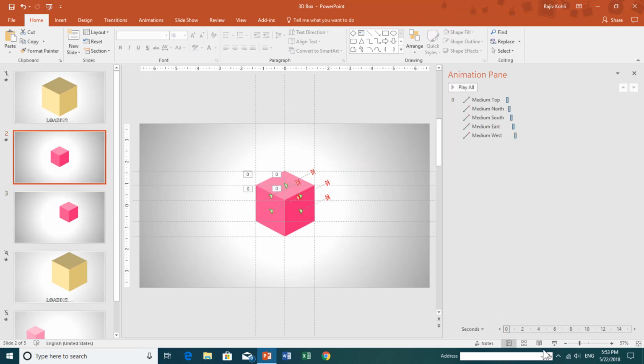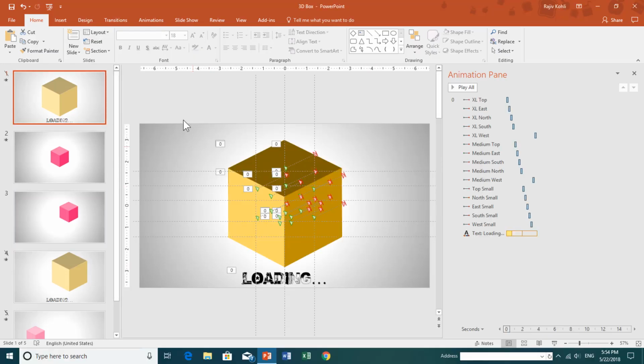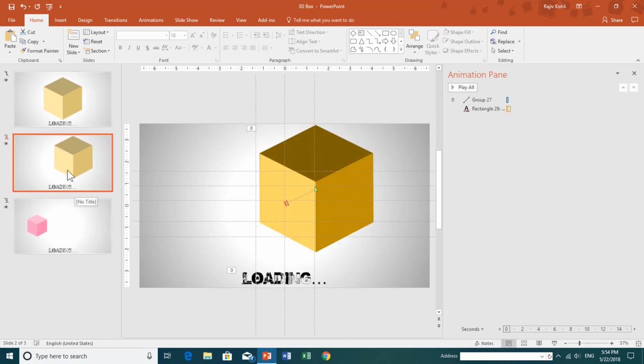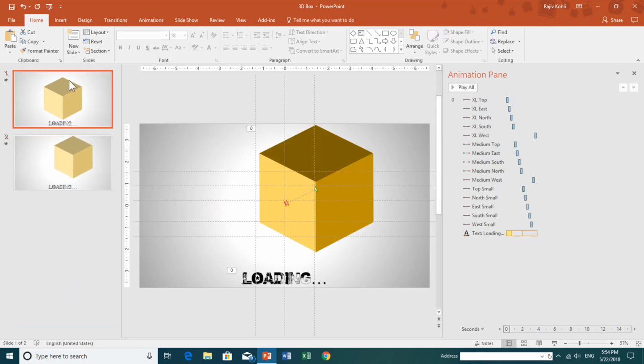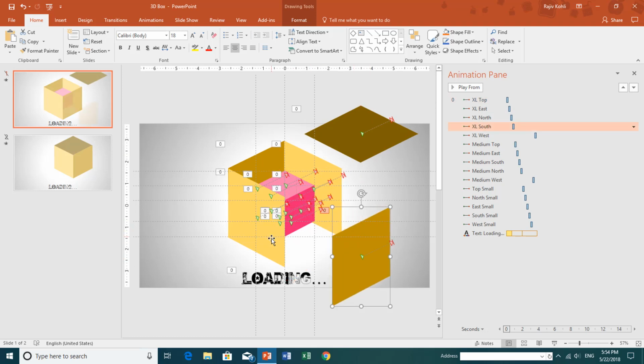Okay, so that was the trick to reposition the things on the following slides. As you can see that you can't see a difference between the actual position and moved position. So that was the trick. Let's come to the first slide again, and then let me delete these two slides. I no longer require these, and the same technique has been used for all the boxes.